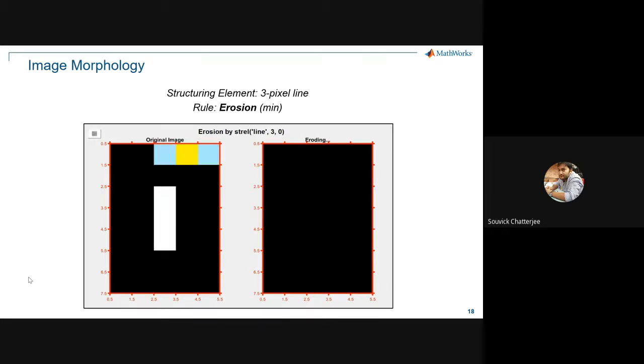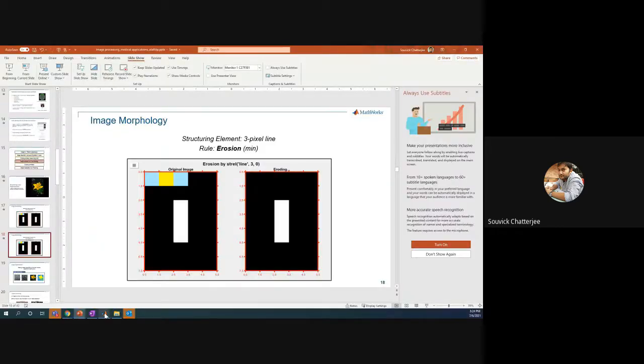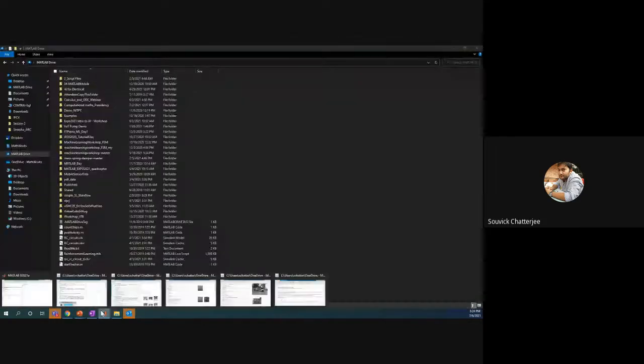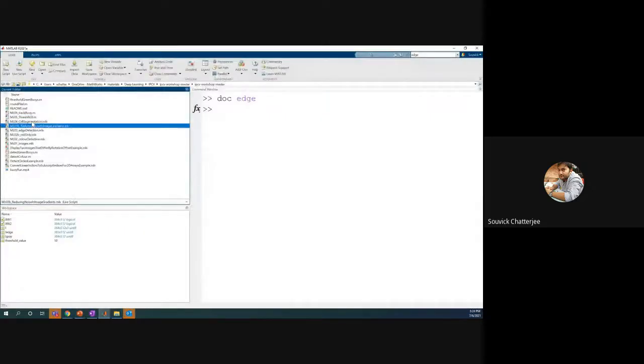I mean, it's like eroding the concept. So if I do this eroding, then this thing just vanishes. Okay, so let's take up one example where we will show these two concepts. This will be the medical example. So I'll take up a medical imaging example and talk about this. Let me go over to this thing.